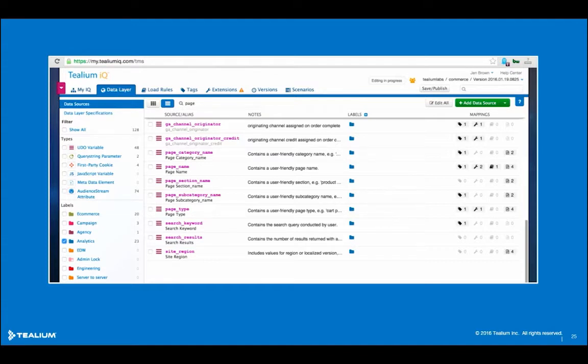So as mentioned earlier, underpinning our customer data platform is this universal data layer. The data layer is a set of sources and attributes that drive every part of your company's web experience. These data points can be leveraged across multiple applications and platforms to fuel your marketing campaigns and programs. In this view, I've highlighted data sources originating from analytics. So this includes page name. The reason I mention this specifically is that I'm going to reference this later within Audience Stream, and I shall be using it to build a segment that can be actioned within Optimizely.